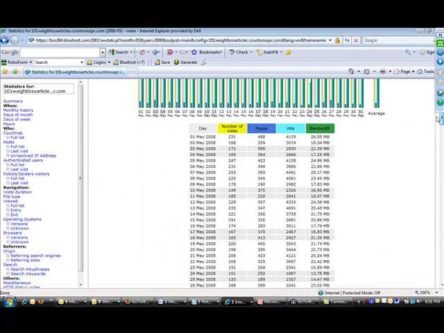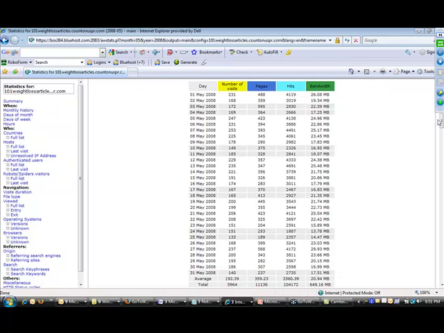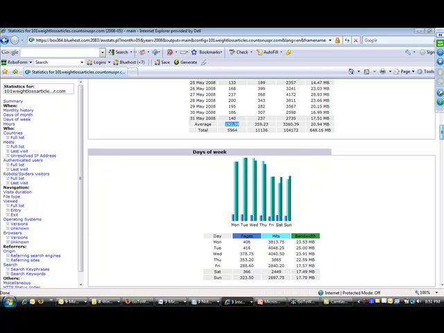This tells you number of visitors by day. So each day of that month, there are 200 visitors on this day, on down. So it tells you the average visitors per day. They just have it laid out really, really clear, and they give you more data, I feel like, than the